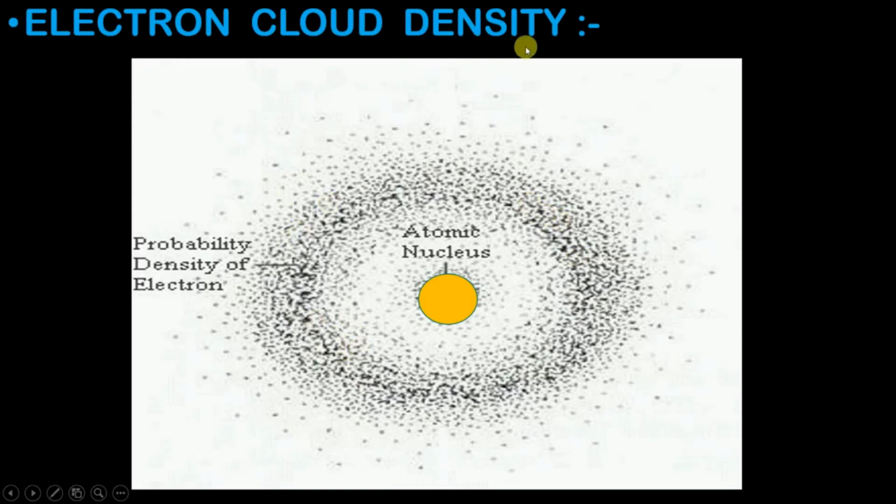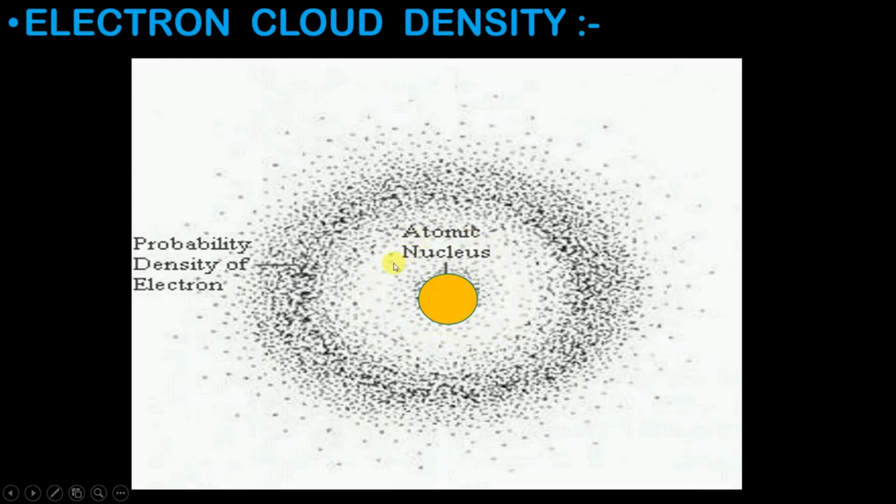Okay, now what is the meaning of density? Now guys, can you see over here, we have a dark shading. Dark shading indicates the electron cloud density is high. Now if the electron cloud density is high, which means that the chances of finding an electron is greater over here. So wherever the density is high, at that place the chances of finding an electron is high. Whereas if you look over here, here the density is low, which means that the chances of finding an electron in this region is low, therefore the electron cloud density is also low.